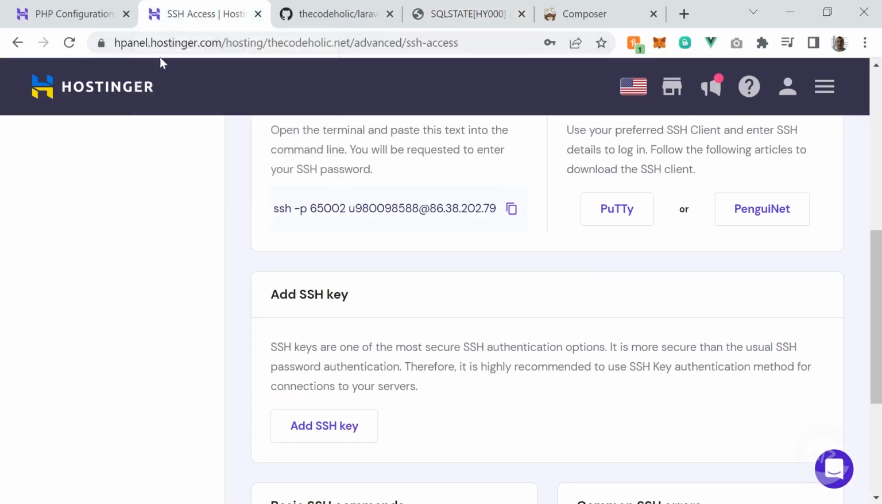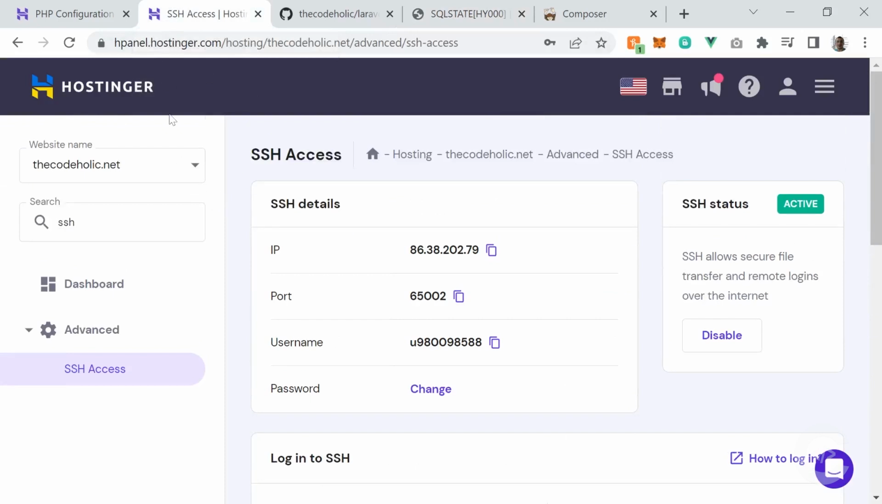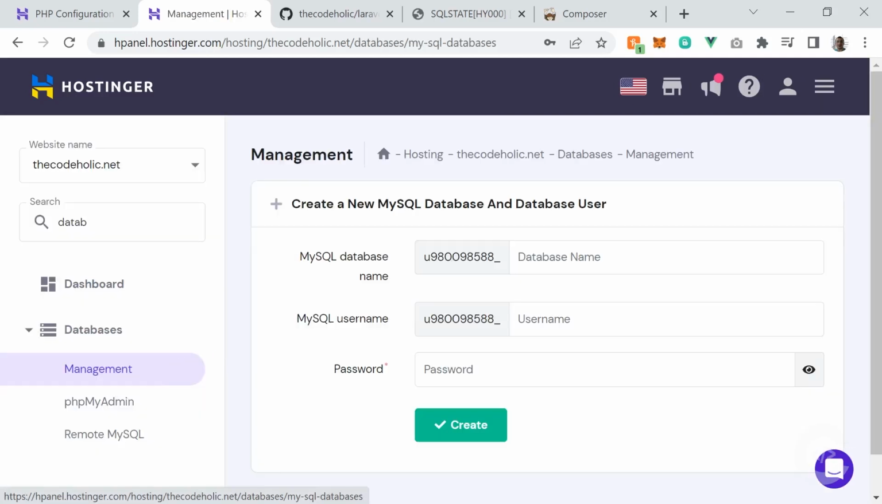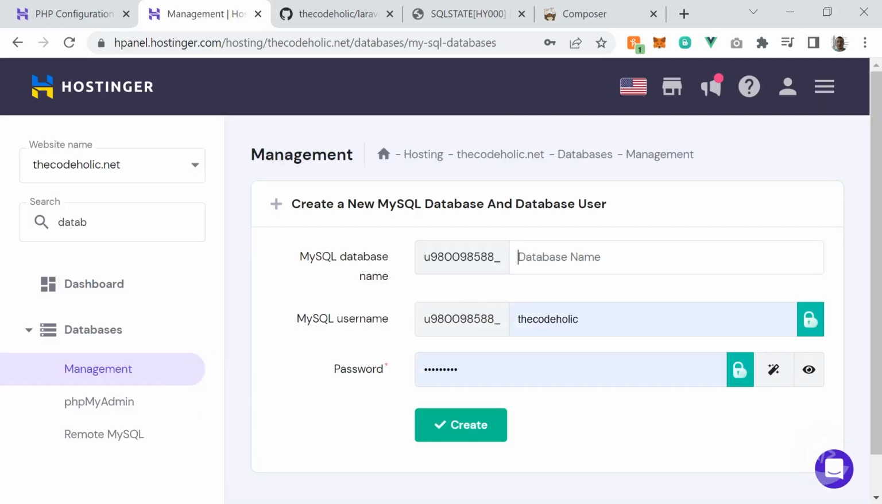So let's go in our hosting provider into Hostinger, and let's type database right here. Let's click, this is the database. We can click phpMyAdmin, or probably we should click management, and we should create new database. Let's call this Laravel